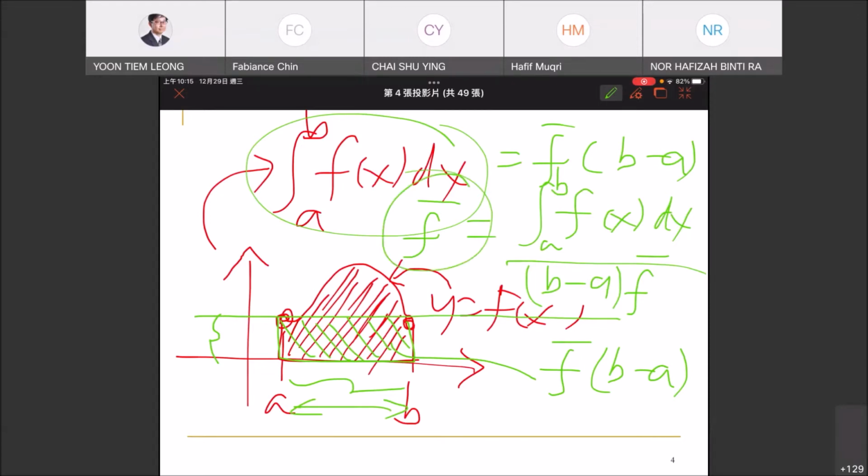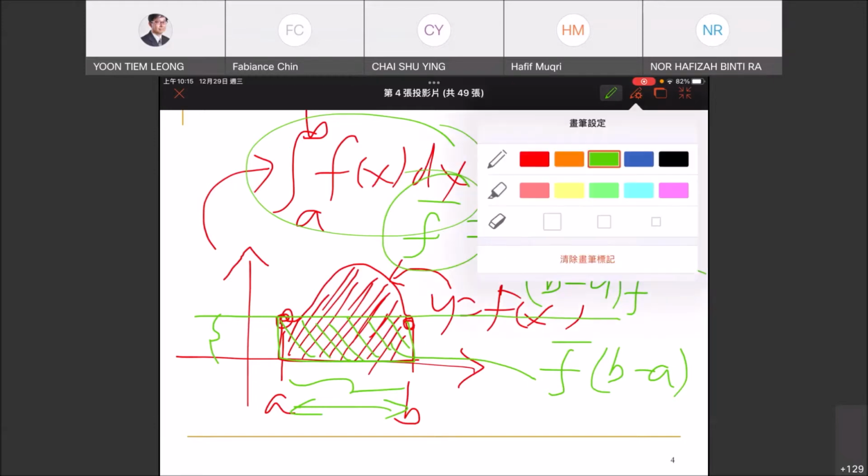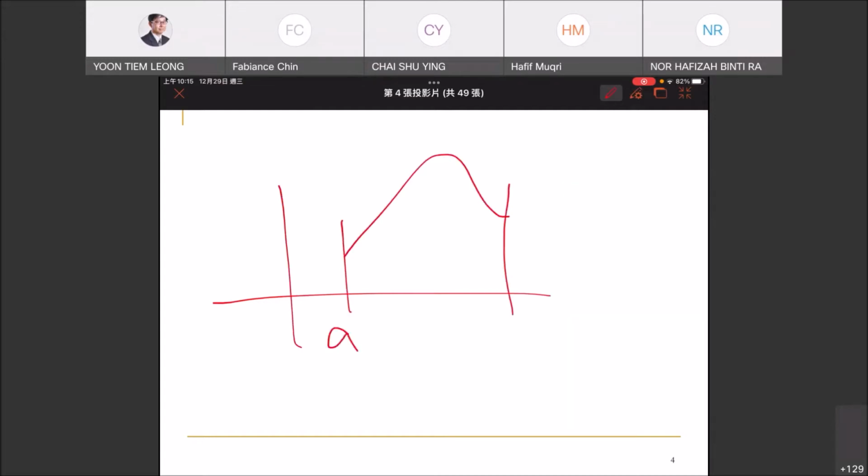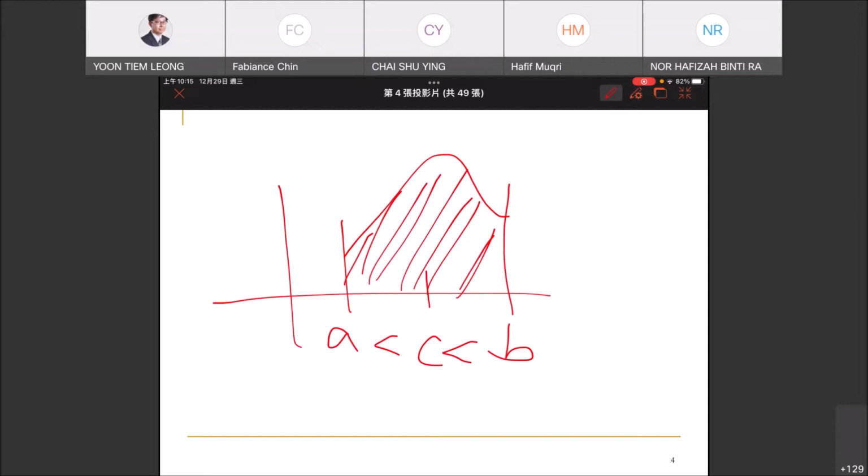So this is the idea of the average. And yesterday also we mentioned that if you have a function that is continuous between A and B, then for sure you would be able to find a value of C that is lying between A and B, such that the value defined at f(c), so this is the value of f(c), such that the value of f(c)